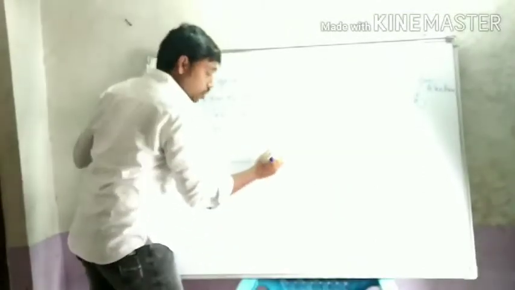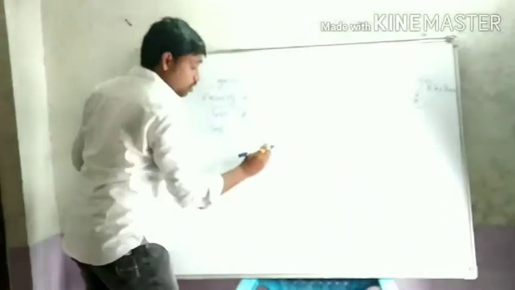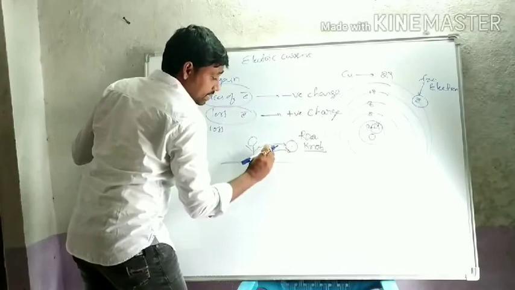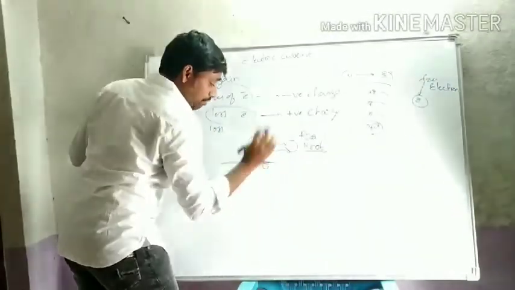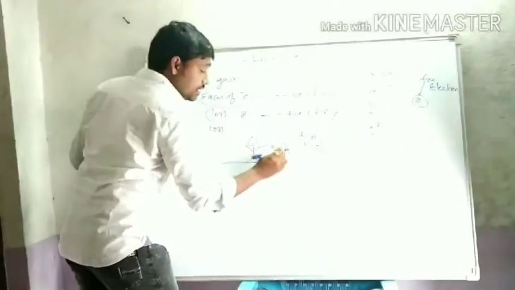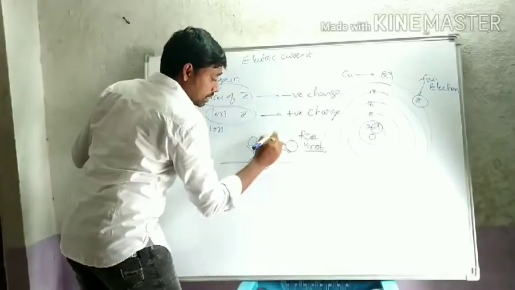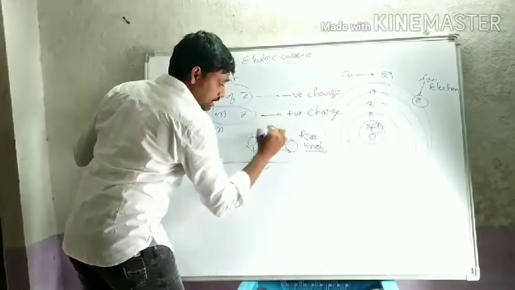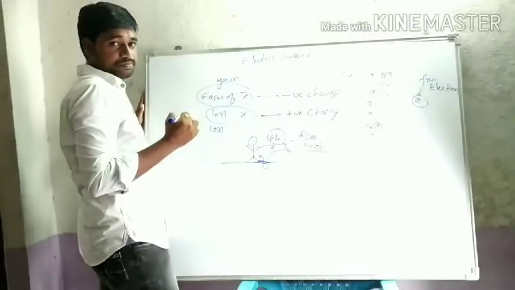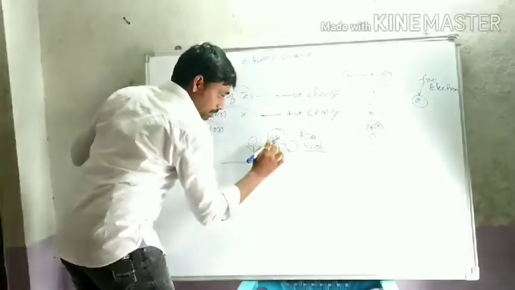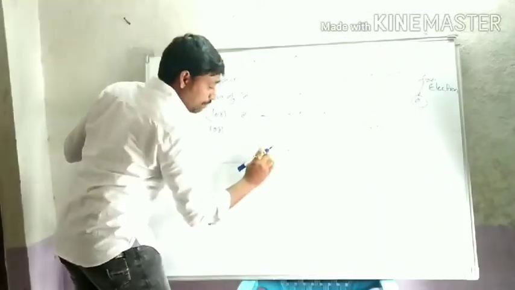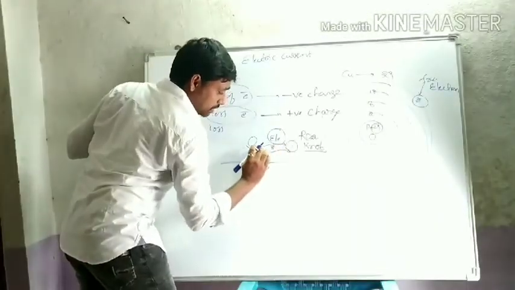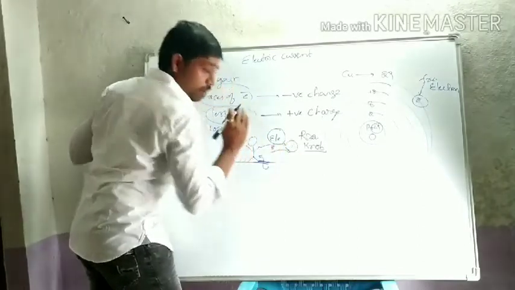A shock is nothing but the electrostatic energy being transferred from the person's body to the doorknob. Then the transfer of electricity takes place. This we call a flow of electricity. That flow of electricity is static electricity. This is nothing but a static flow of electricity, because the flow of electrons takes place from the person's body to the knob.